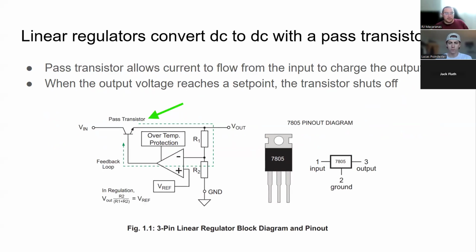And so here we have the picture of the linear regulator. And here you can see the transistor. They've labeled it in the book as a pass transistor. And that's mostly because the current is literally going from the input to the output, right? So it's just being passed on. And so this pass transistor, like I mentioned, allows current to flow from the input and it's charging the